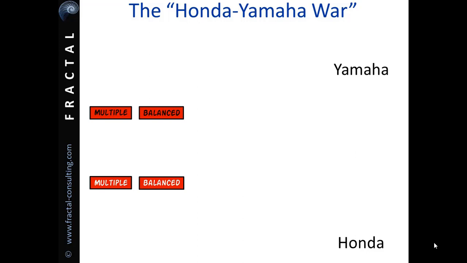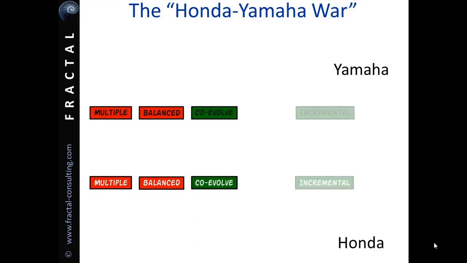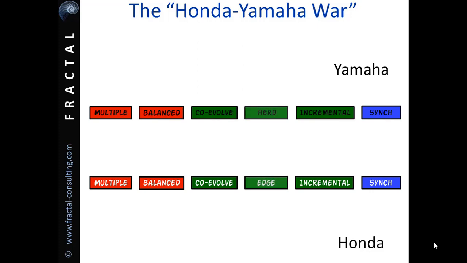And in a herdy kind of way, they were co-evolving with incremental stretch and synchronized in speed, each releasing equivalent models for the annual bike shows. Honda was slightly ahead at the leading edge of the herd, not really for anything they were doing at the time, more of a historic legacy. The differentials are wafer thin, and this was and had been a very stable relationship.